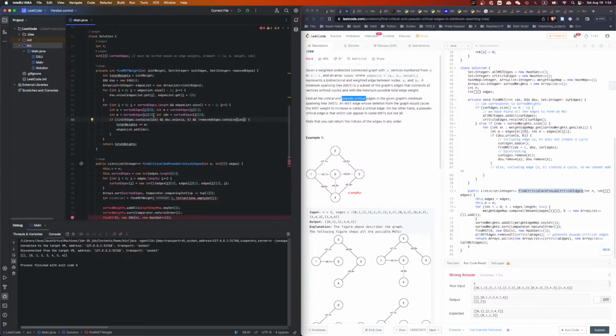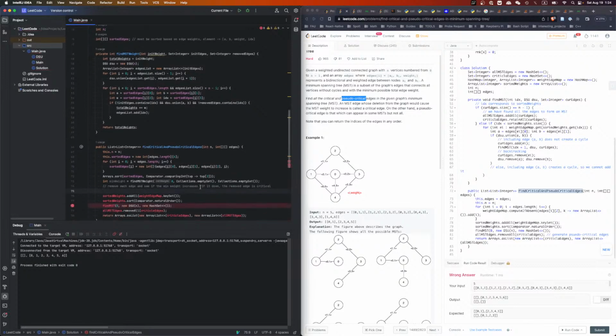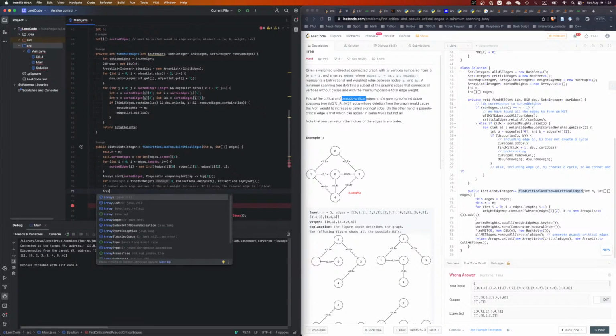Let's just do this, right? So the initial edges cannot include. The removed edges cannot include. But this one, I don't have anything. Now we need to remove each edge and see if the mean weight increases, right? If it does, the removed edge is critical. Makes sense. So we can have our first list